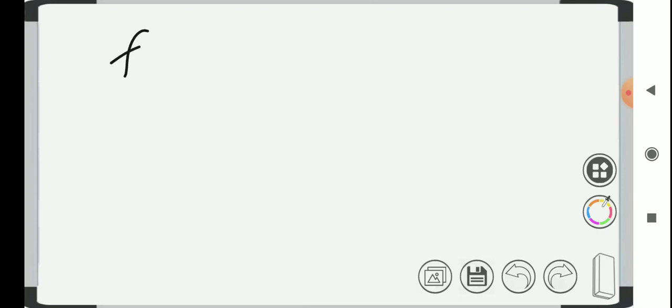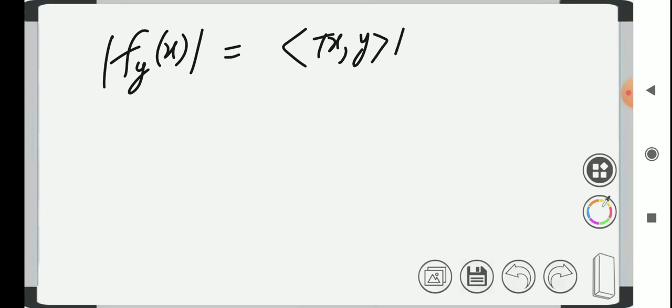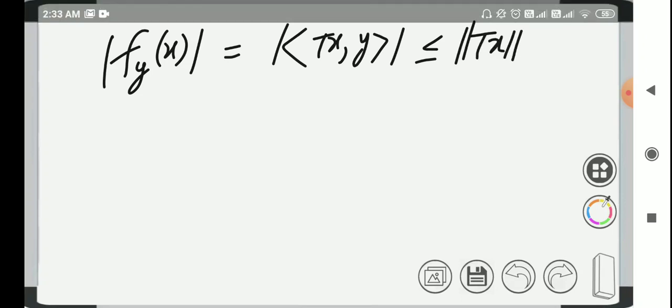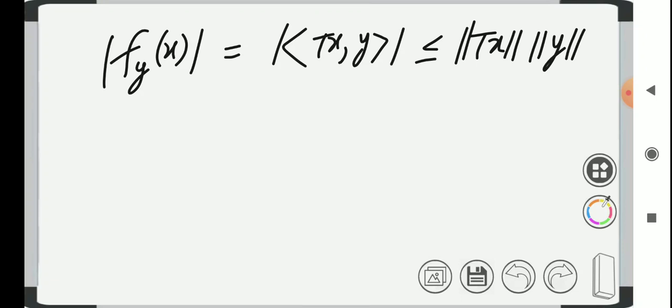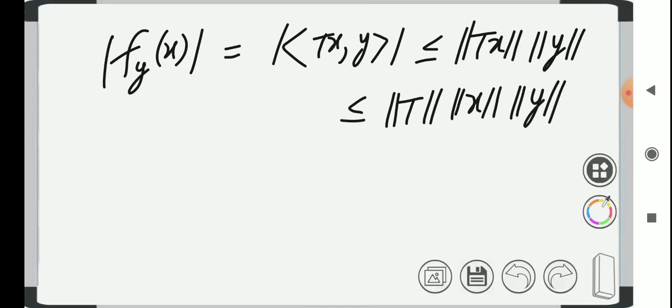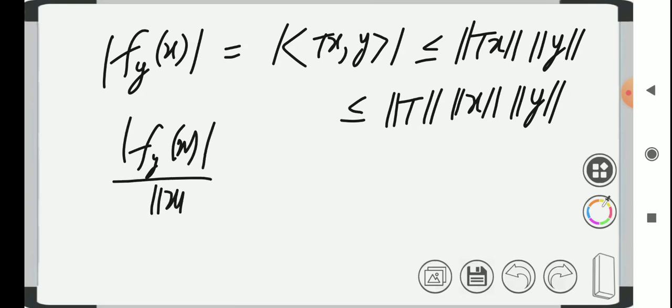That is, we will simply calculate its norm. We calculate its modulus, which by definition is the modulus of the inner product of Tx with y, which is bounded by Cauchy-Schwarz by the norm of Tx times the norm of y, which is bounded by the norm of T times the norm of x times the norm of y, because T is a bounded linear operator. Hence we have, dividing by the norm of x, where x is a non-zero vector,